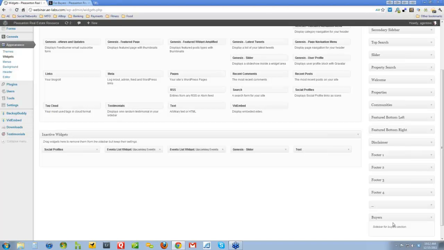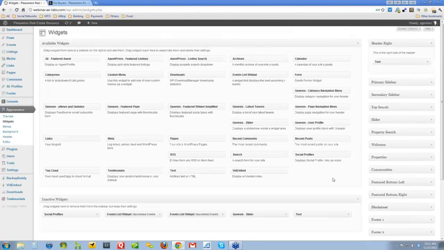You want them to be able to go to one section of your website that is relevant to their needs, and they can see everything there. If they're also selling their home, then they can go to the seller section and look at everything you have for your sellers. So for buyers, first I'm going to go over and grab the Genesis featured